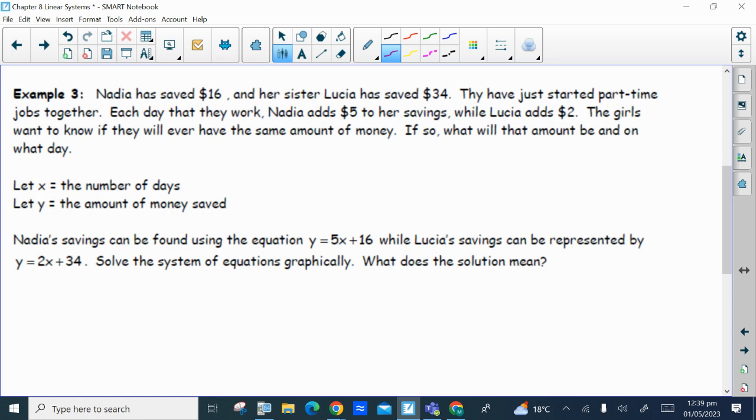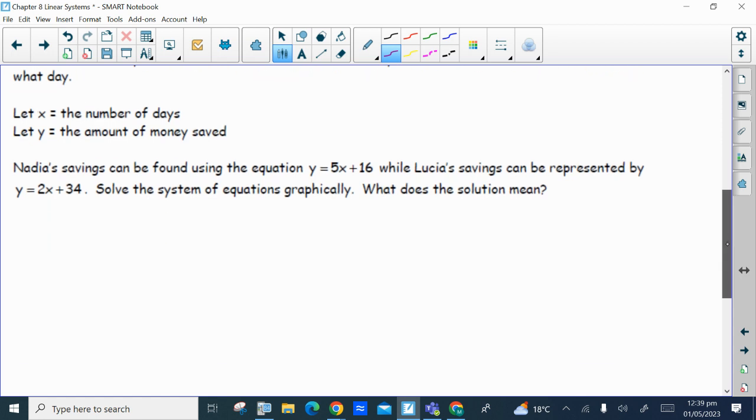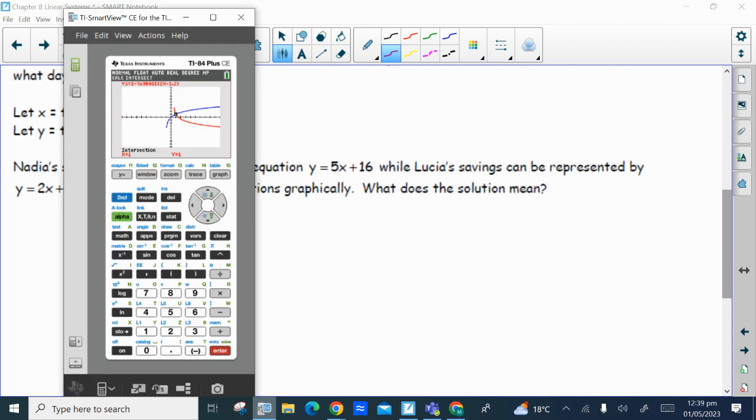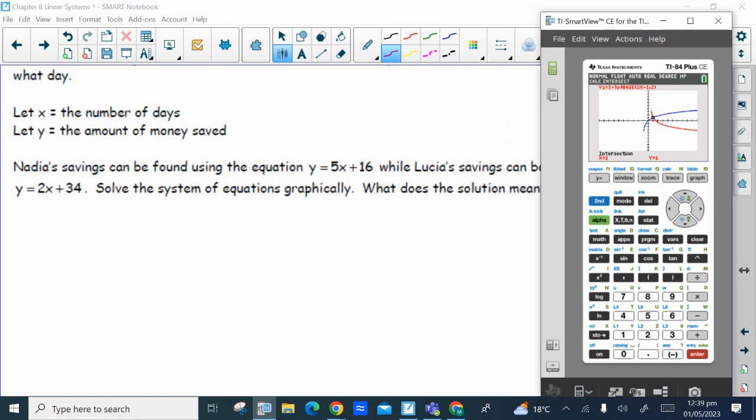So we're asked to solve this system graphically, and what does this solution mean? As we saw last week, if you have a graphing calculator, you can do this on the graphing calculator. You can put both equations in. The first one for Nadia is 5x plus 16. The second one for Lucia is 2x plus 34. I'm going to set my windows to their standard setting by going zoom 6,